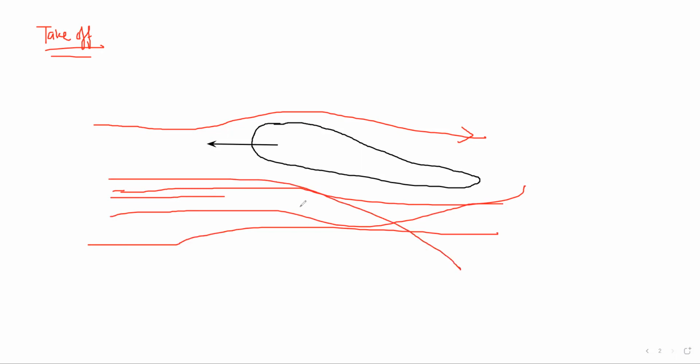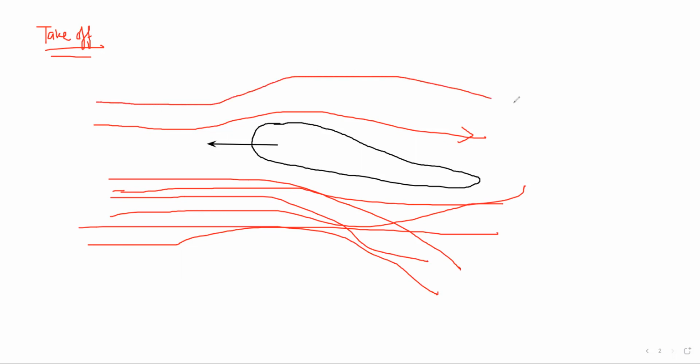As the airflow becomes turbulent from the bottom and laminar from the top, there is a force exerted by the fluid from the top, and a force exerted by the fluid from the bottom. But because there is a more turbulent flow from the bottom, it will experience greater upward force as compared to downward force, and this upward force will help the aircraft to lift up.